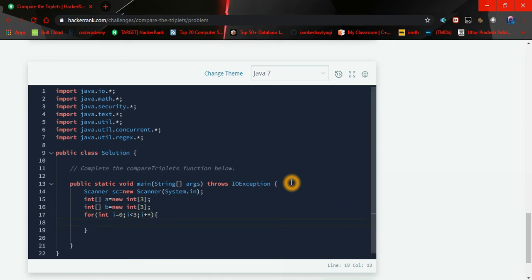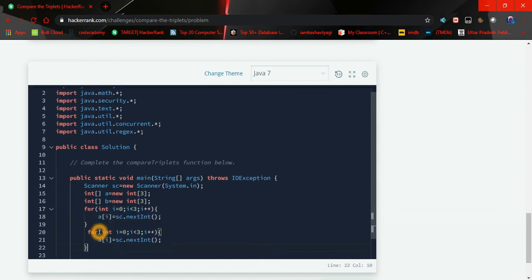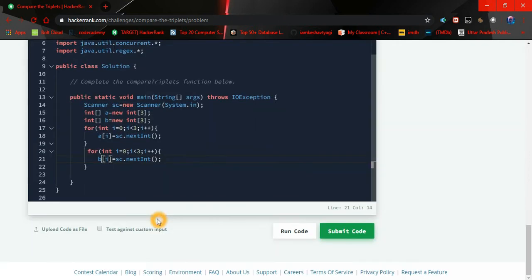And what we are going to do, we are going to insert the value in the array, a of i equals sc.nextInt, and similarly for Bob, so I'm going to copy and paste it again, and instead of a of i we have to write b of i. So now we have taken the input for both Alice and Bob.